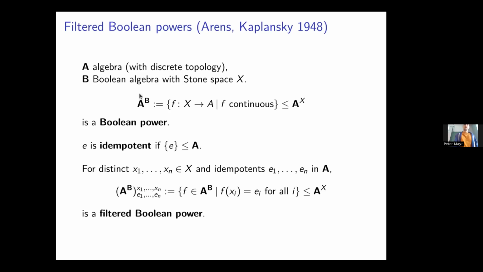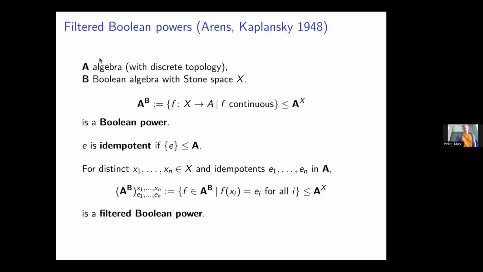So let B be a Boolean algebra with corresponding Stone space X. This is just the space of ultrafilters on that Boolean algebra. Then